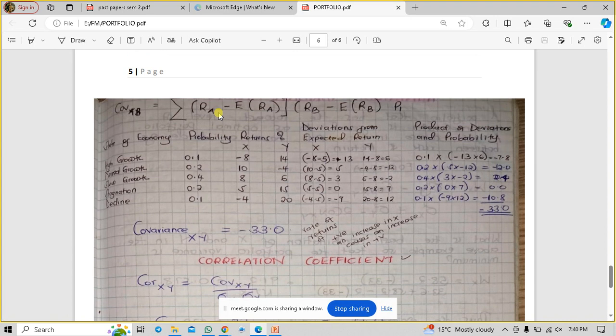Yes, Caroline? Hi? Correlation coefficient or variation. We have not learned about correlation coefficient, but we have learned about coefficient of variation. Okay, so